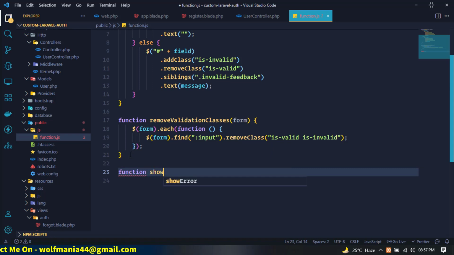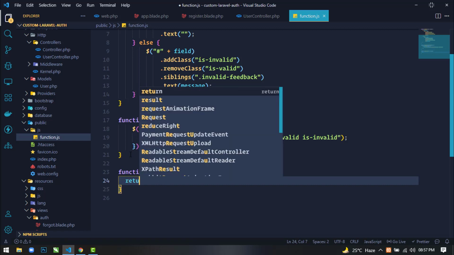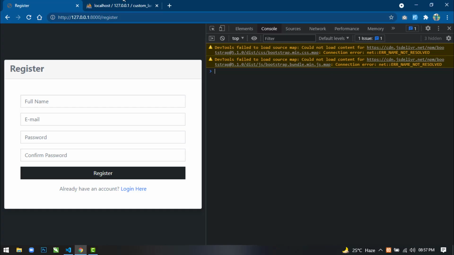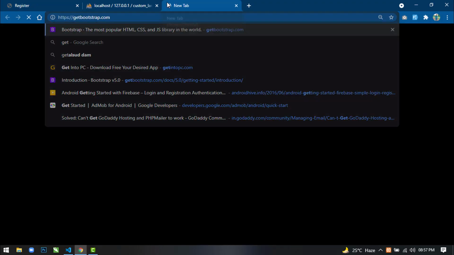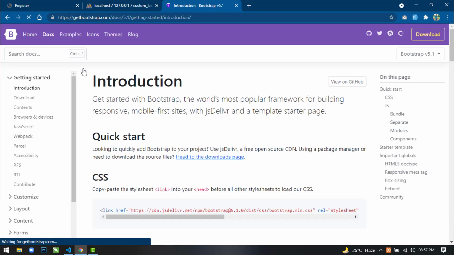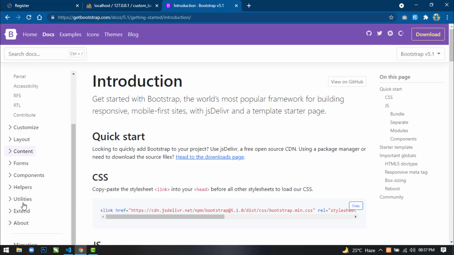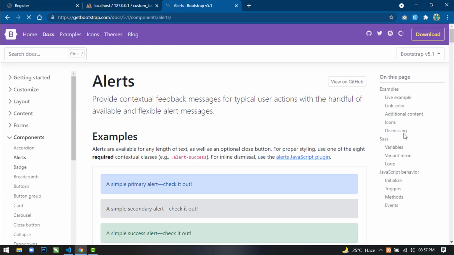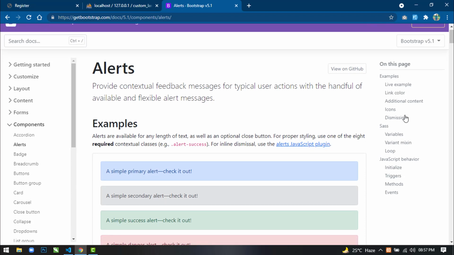Now we will define one more function, message, and here we'll use type, and here we will use message parameter. Now here we will use return. Now just go to here and open getbootstrap.com, go to docs and go to components, click on alerts, and click on dismissing.